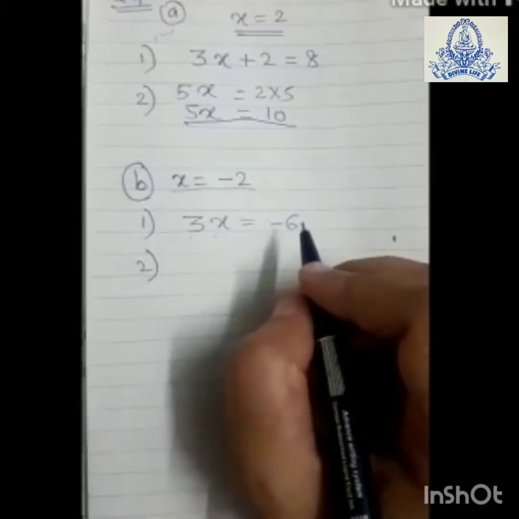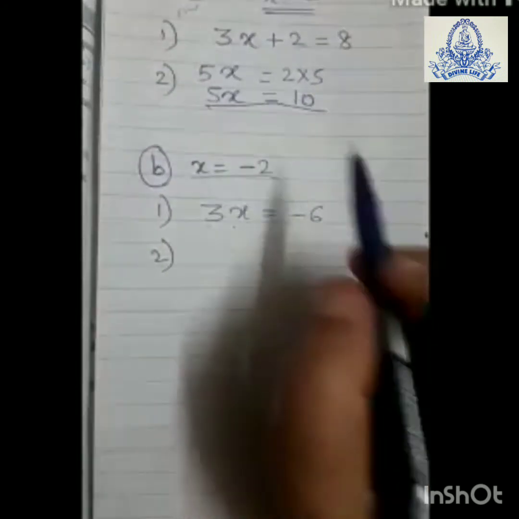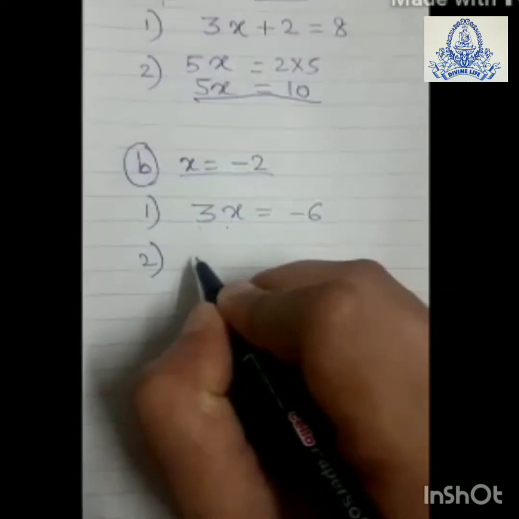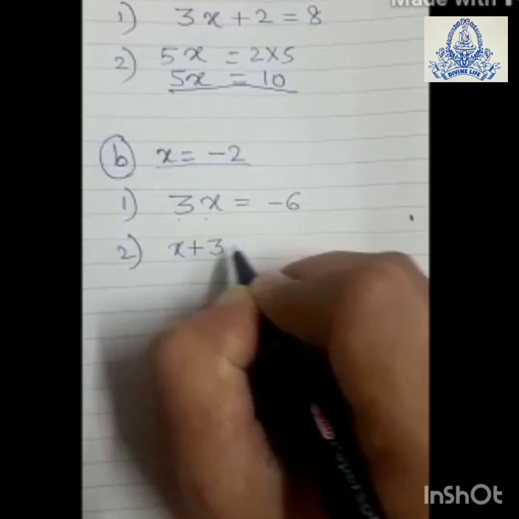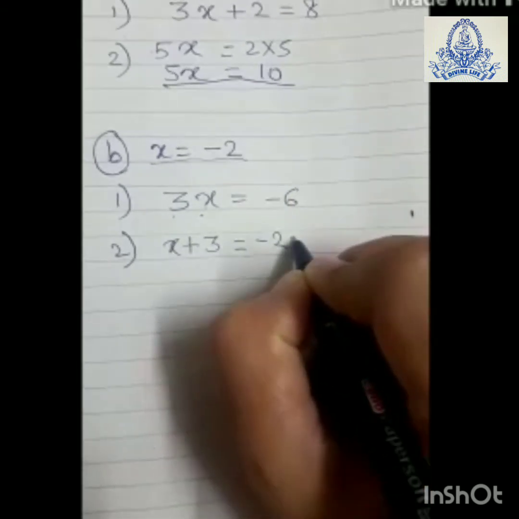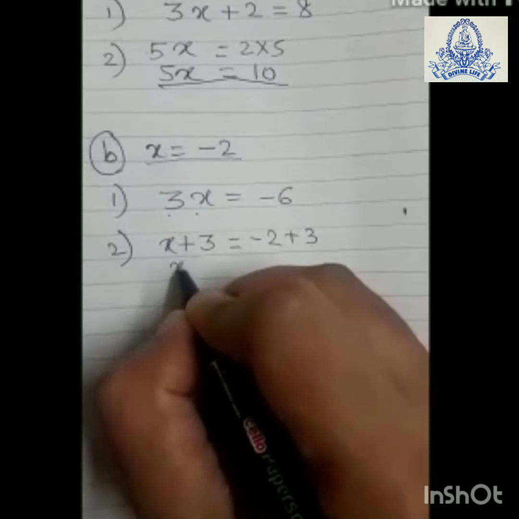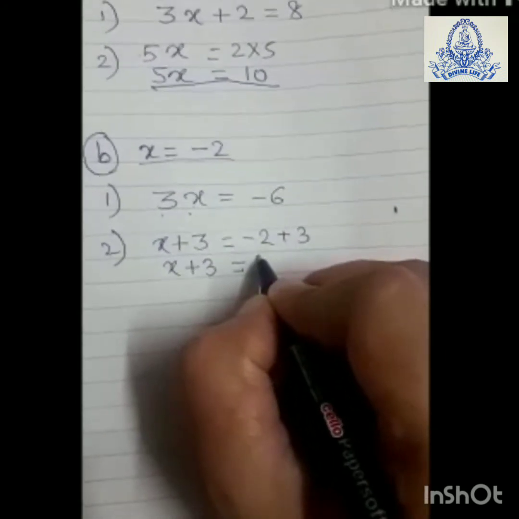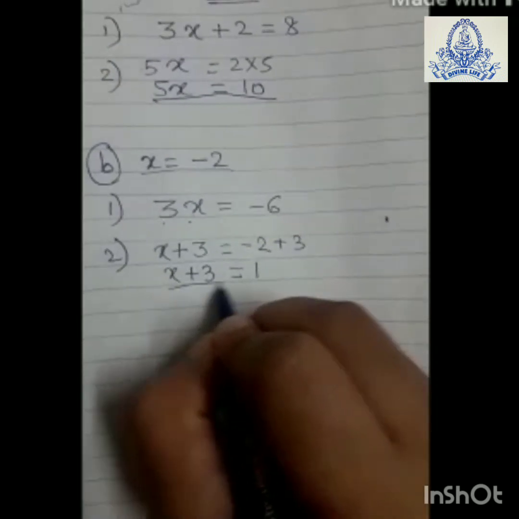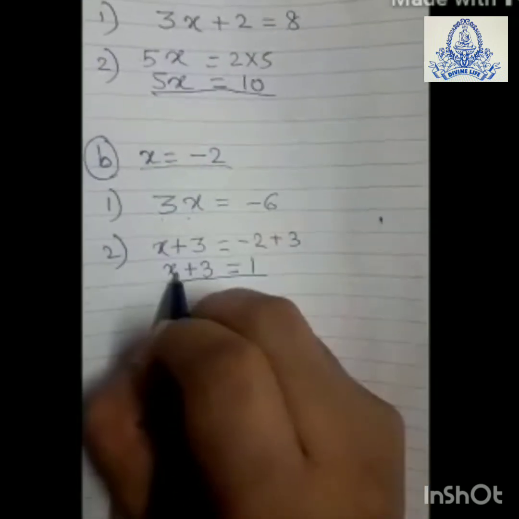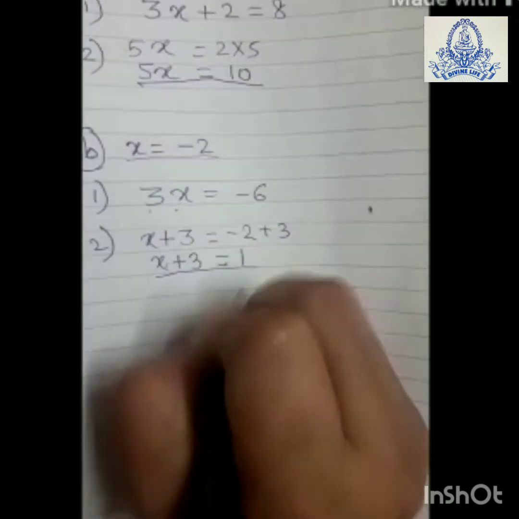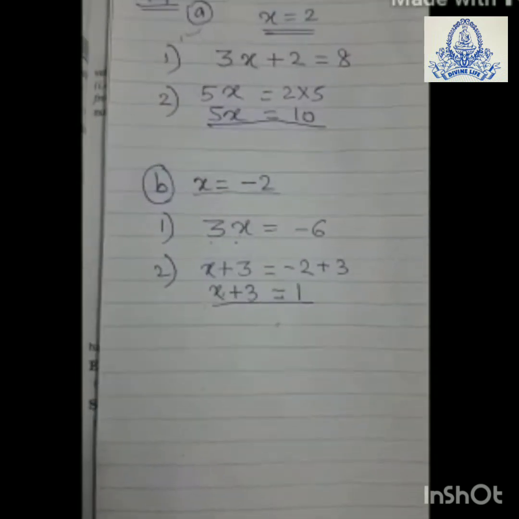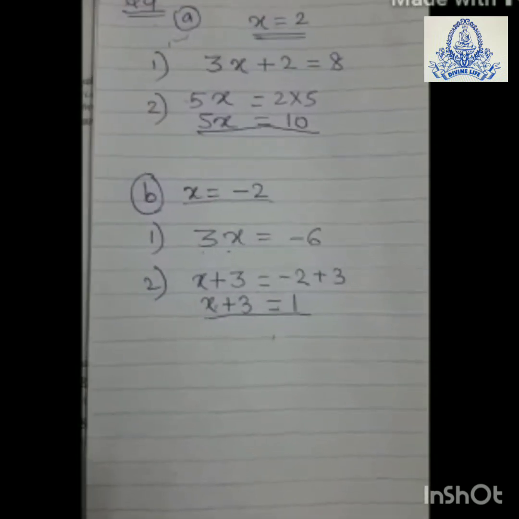Let us take one more example. See, x is equal to minus 2 is given. So add 3 on both the sides. See, x plus 3 is equal to minus 2 plus 3. What is the equation? x plus 3 is equal to minus 2 plus 3, which is 1. So this is your equation number 2. If you put here x is equal to minus 2, you will get this answer. So in this way you have to form the equations. Okay, and all the rest of the examples you have to solve in your notebook.